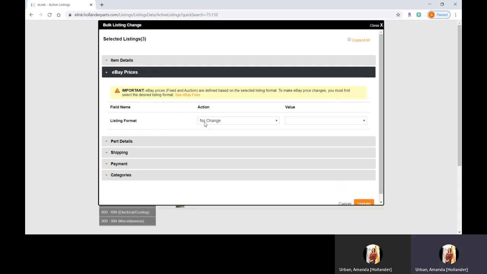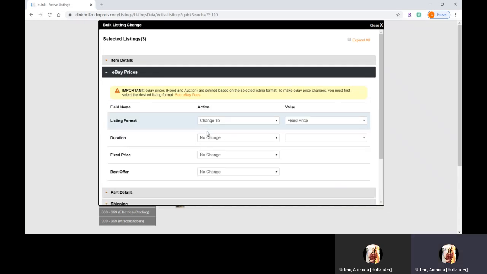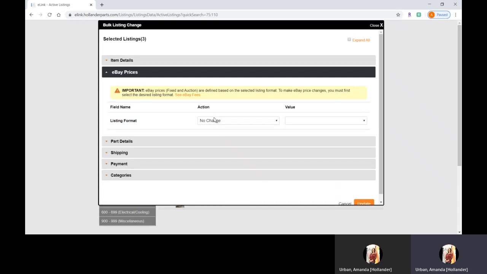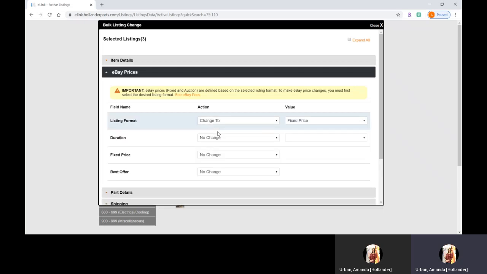and under action for listing format, I do have to change it to say change to, and then it'll say fixed price over here. That's just to get these other 3 options to pop up here. So again, it's going to show up like this. We switch it to say change to, so we can get this option down here, fixed price, and you'll notice